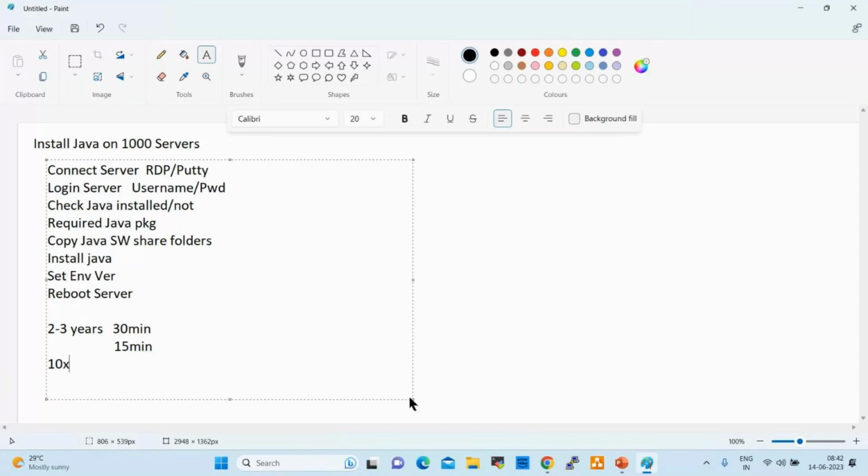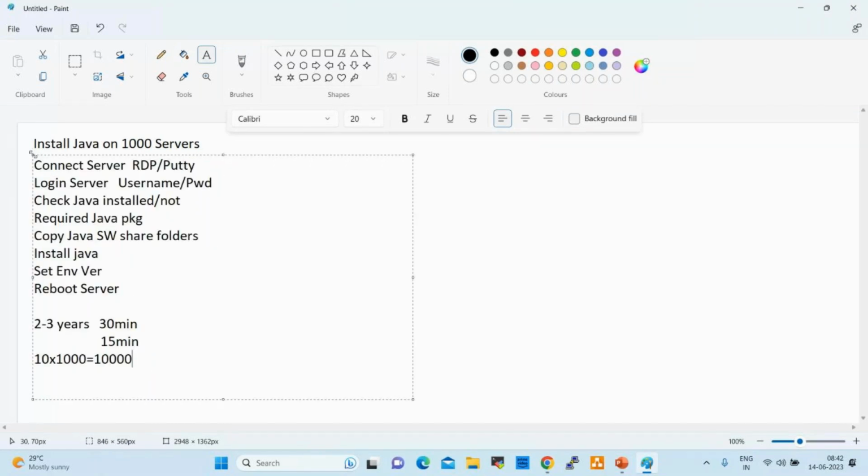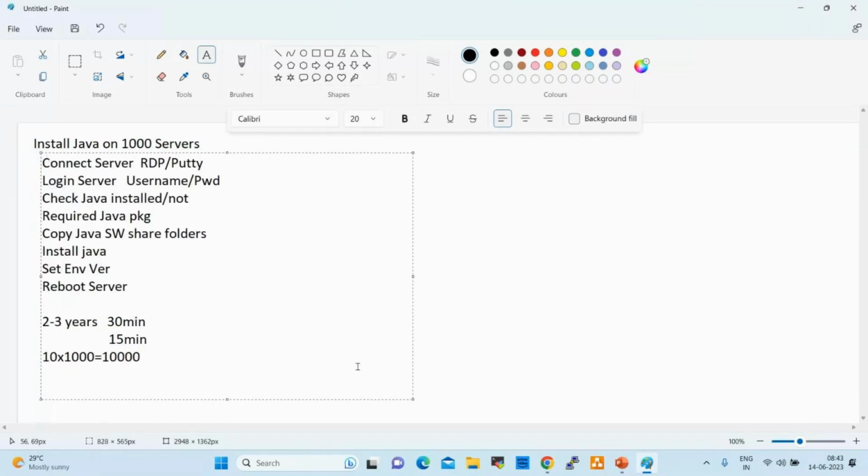So 10 minutes into 1000 servers, it may take 10,000 minutes to perform this Java installation activity. So normally in real-time projects, we get some tickets or requests. We have different ticketing tools like ServiceNow,